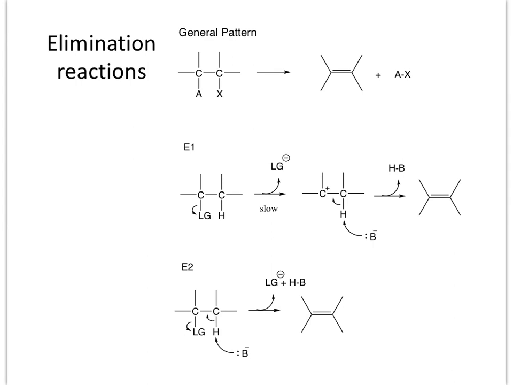Now in this case, we're going to do a set of eliminations that we can consider polar eliminations. That means we're going to be doing eliminations where we have charged groups moving around. There are two patterns to these kinds of eliminations: E1, a first order pattern, and E2, a second order pattern. Okay, so in E1,